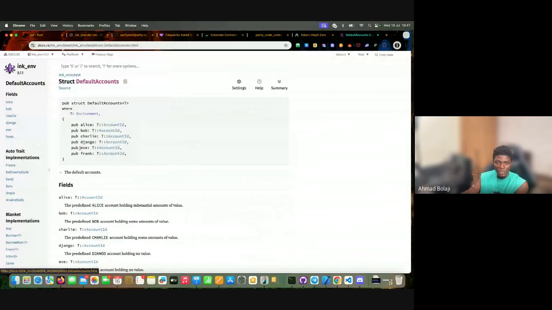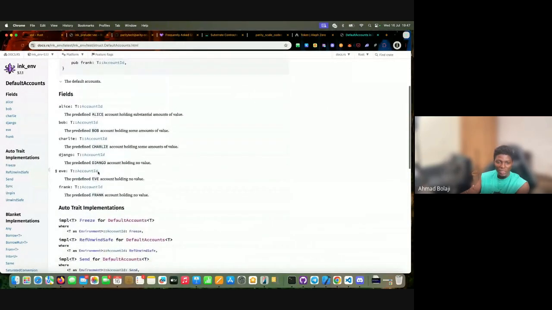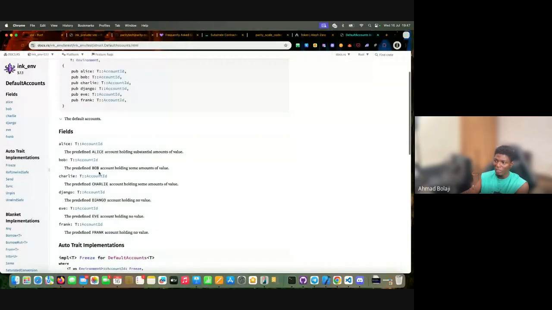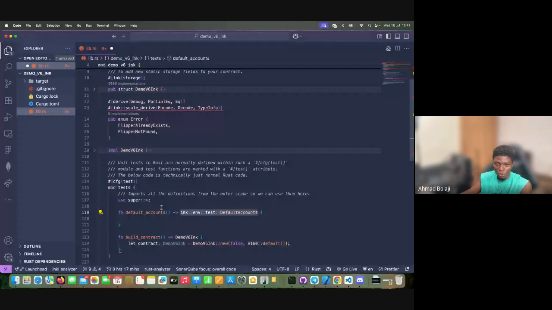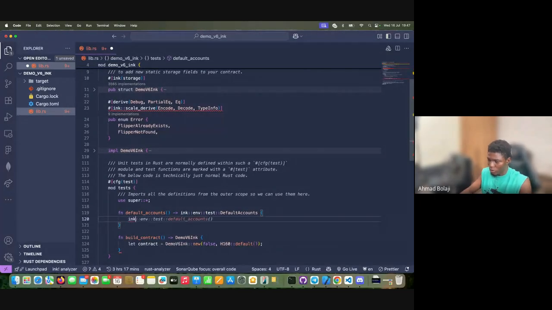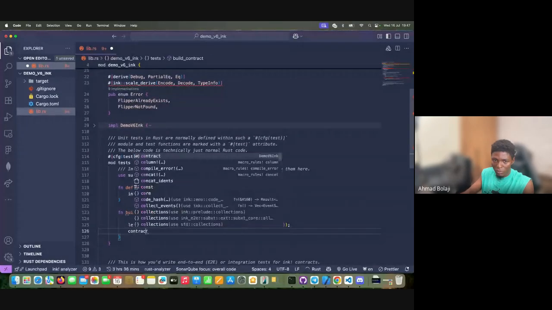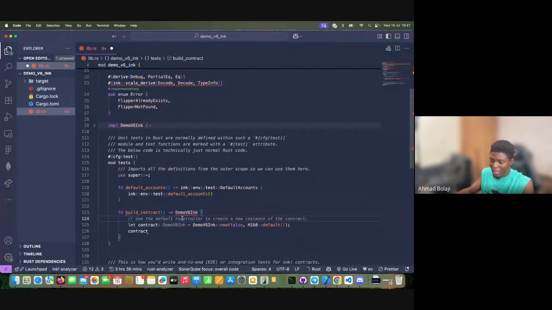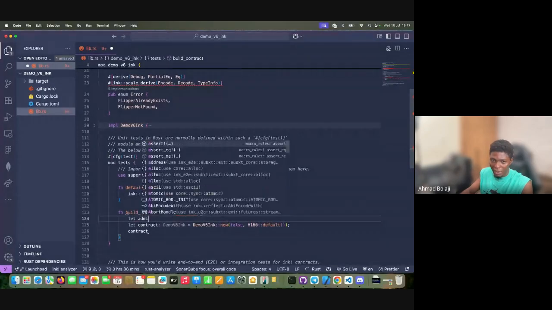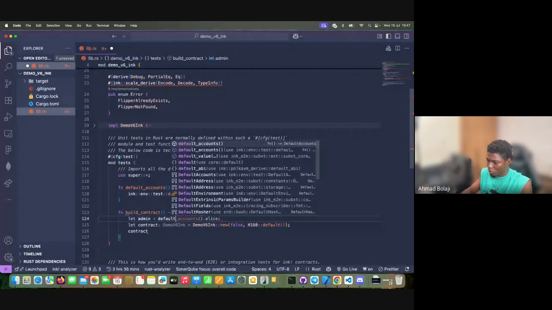These default accounts, it exposes 1, 2, 3, 4, 5, 6 default accounts for you. They are dummy accounts, so you can just use them anyhow you want. So what you want to do is just return those. Now we have an instance of our contract, but we want our admin to be a human being. We don't want our admin to be just anyhow person. So what we're going to do is say admin should be equal to default account